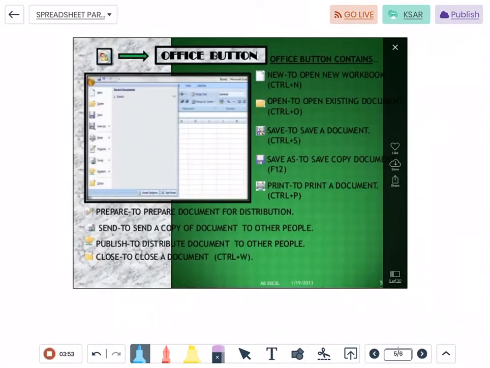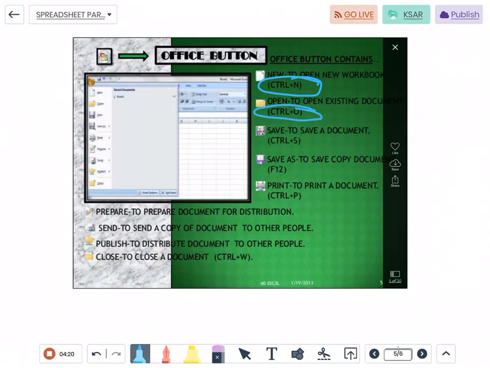Now please take note of the following shortcuts in order to open Excel. First, in order to open a new workbook, that is a collection of worksheets, what will you press? Control N. Control N means opening new workbook. Now how to open existing document?